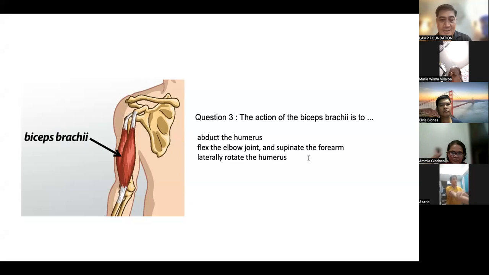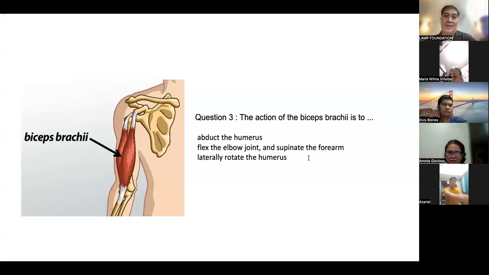Okay. When you supinate, ano ba yung supinate? Ano yung prone? Pronate? Can you show us how to pronate? Mineflex po, Doc, inuuna, paunat. Paano mag-supinate? Nakahiga yung